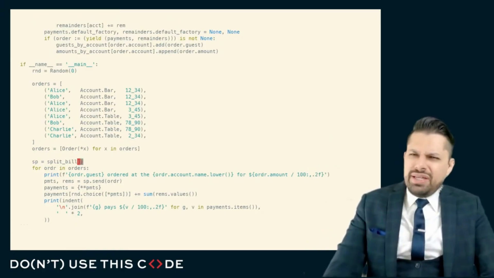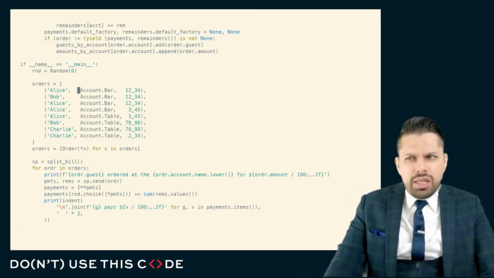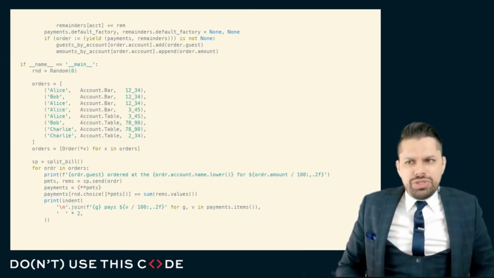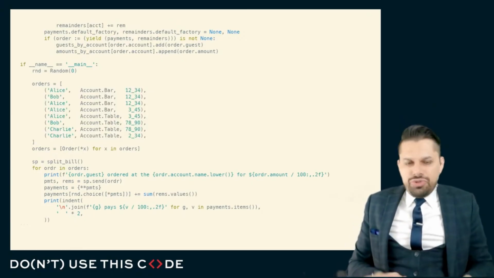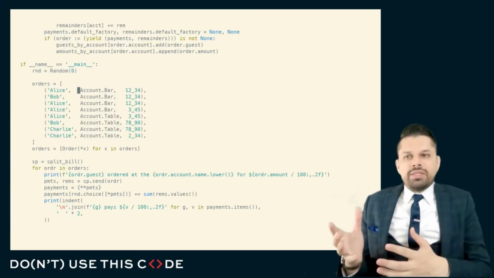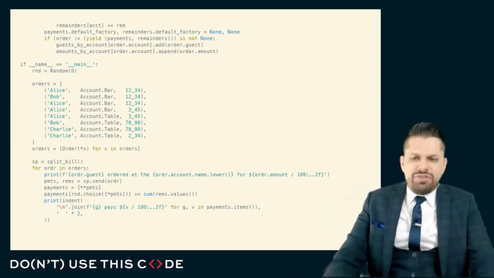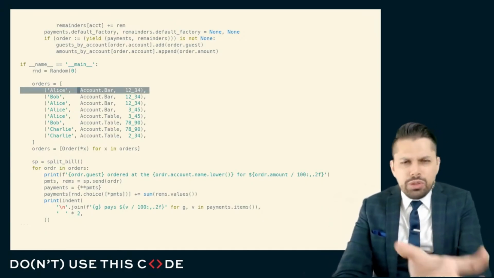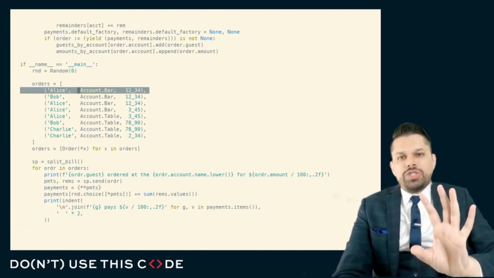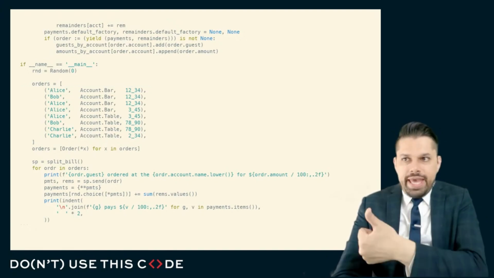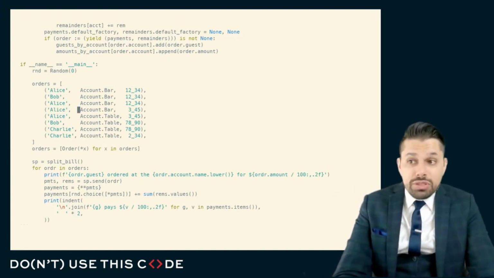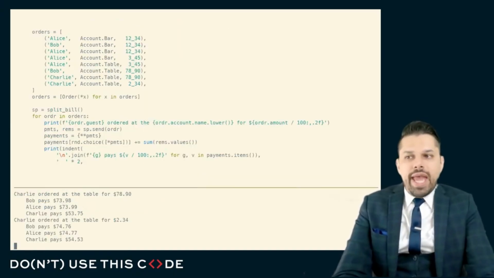Additionally, the advanced user has said, you know what, I prefer a much simpler modeling of the orders because it makes it easier for somebody to use this. As long as they understand what a generator coroutine is, there's a .send method, and that .send method returns something. All I have to know is that I need to send in a tuple with the bare minimum of information that's necessary: the guest, the account, and the amount. And it'll give me the payments and the remainders.